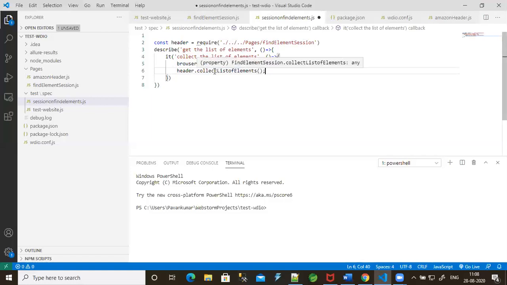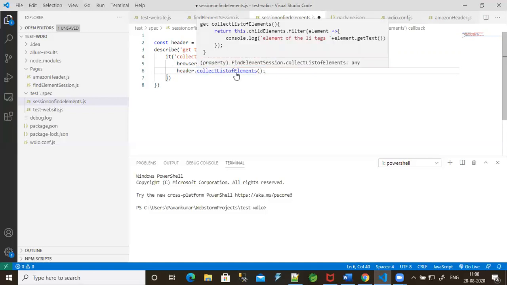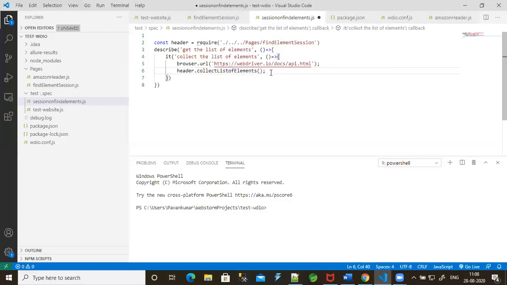Let me mouse over here. You can check that. Yes, we can see that element has to be called here.